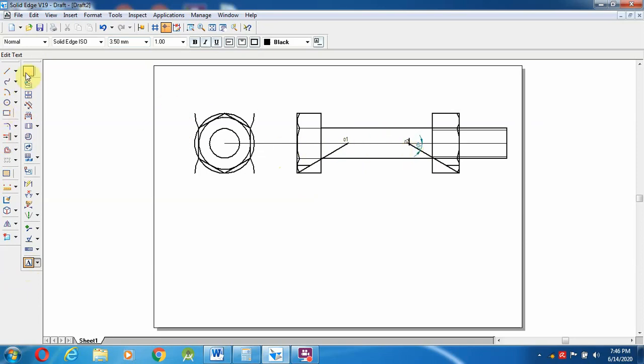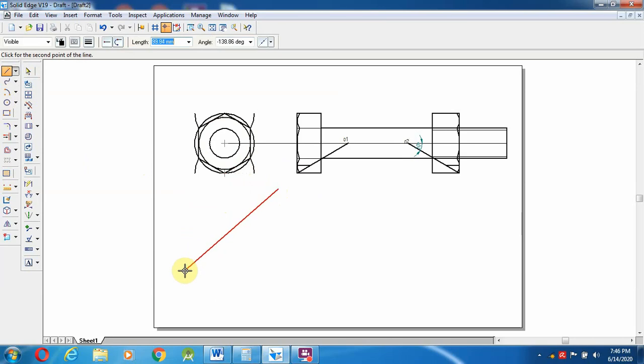Okay, so after that, select a line to draw the top view. Somewhere in between here to here, any length you can take. So I am going to draw a 45-degree line. To draw the 45-degree line towards down, 180 plus 45, that is 225 degrees. So I am going to draw 225 degrees, and extend it somewhere.